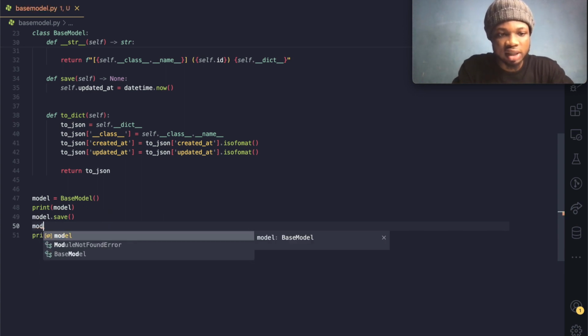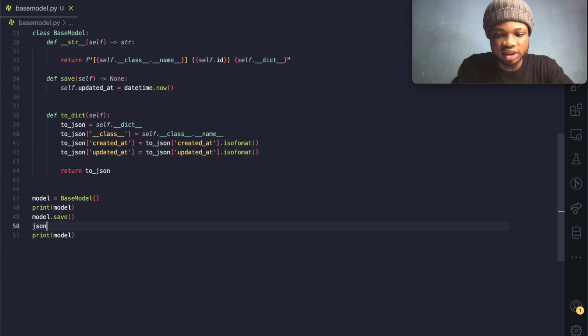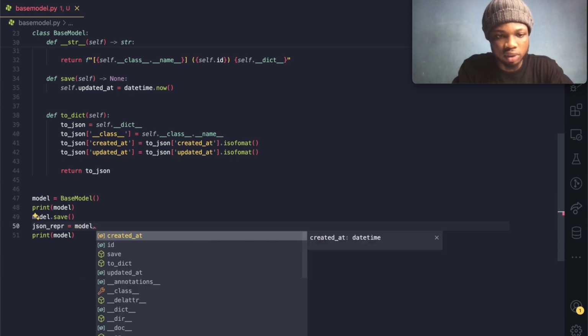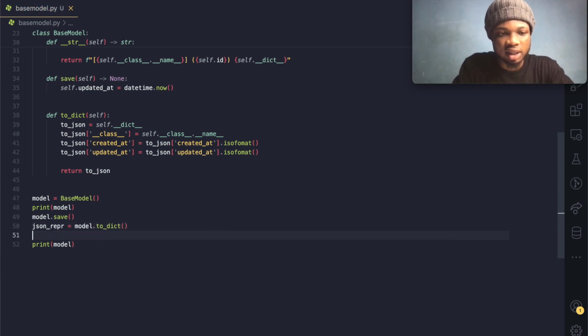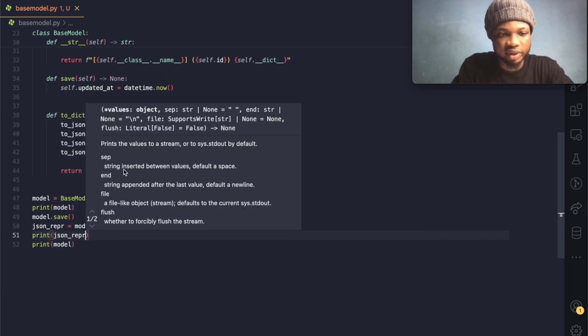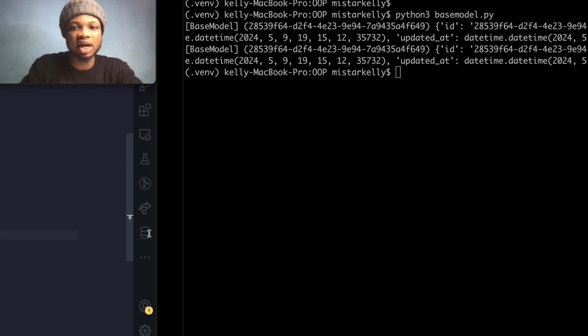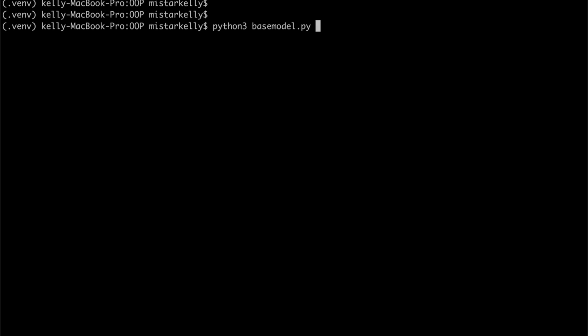We could just say JSON representation. Let's just say JSON representation, and we call to_dict. We say model.to_dict(), right? And we just have to print our JSON representation to see the output. So if we come over here